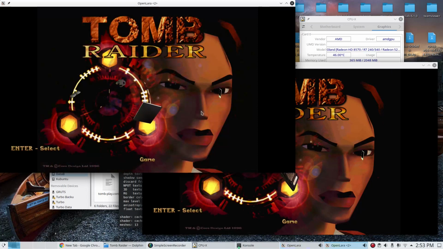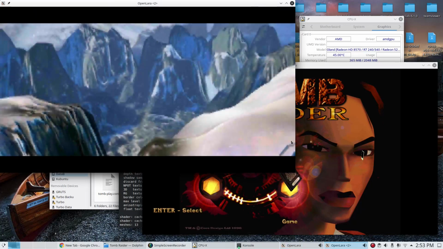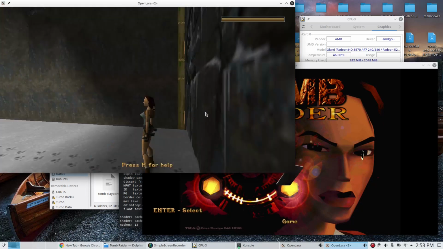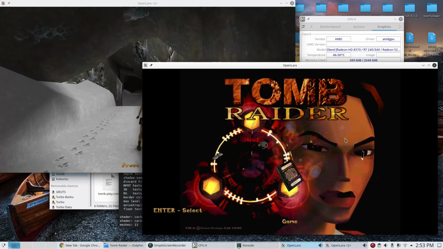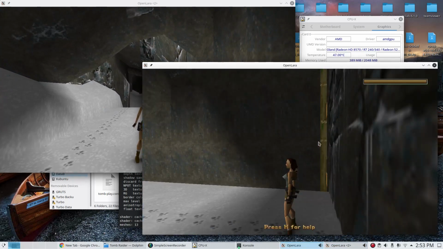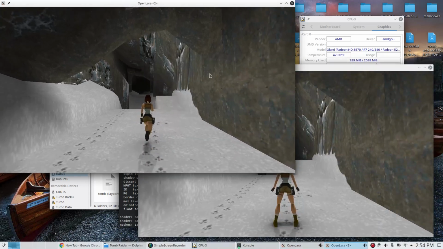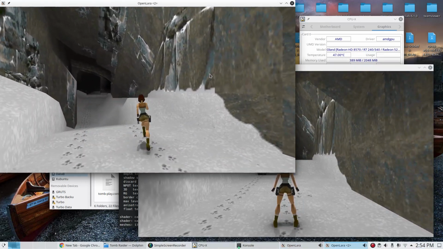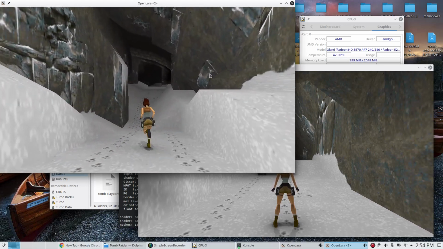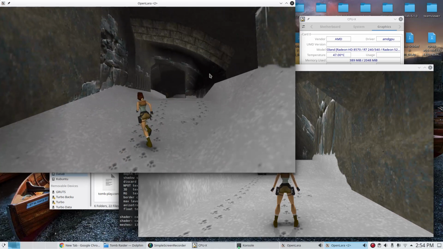So I can access both graphics cards at the same time. It's no problem. And the same goes for Vulkan. And all should work. Of course, we are not going to run multiple games on the same computer at the same time,